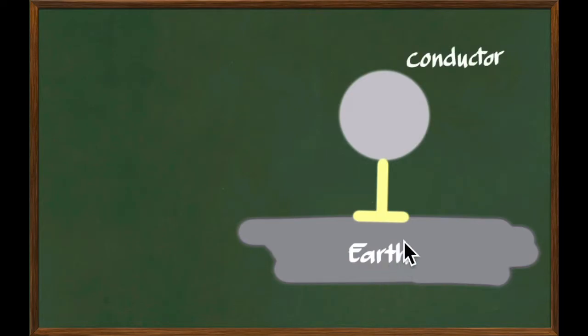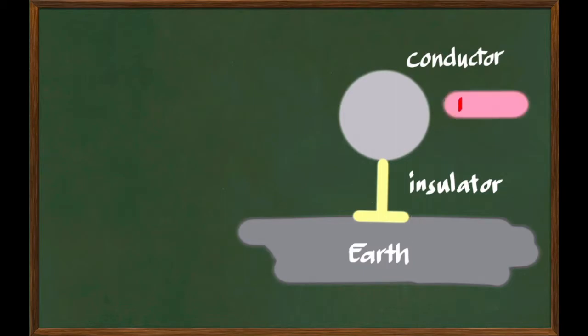Then a conductor, this sphere here, metallic, if you would like to think of it like that, supported by an insulator to make sure that if we get charges accumulated somewhere on the sphere, they don't just get neutralized by earthing or grounding right away. When we did the charging by induction last time, we had a positively charged rod, meaning that this rod, though it has all the types of subatomic particles in it, has more positive charges as compared to negative charges inside it, which is different from the conductor, this sphere, where the number of positive and negative charges are the same, so it is originally neutral.